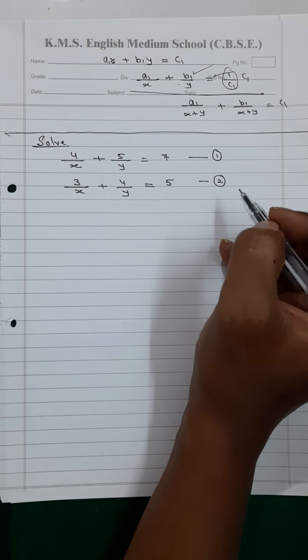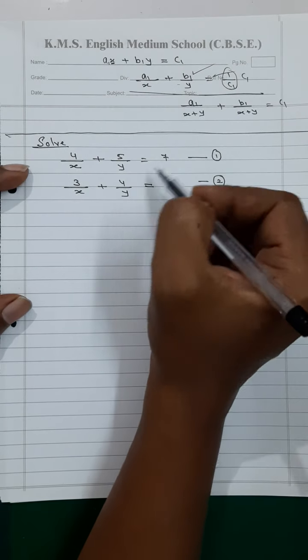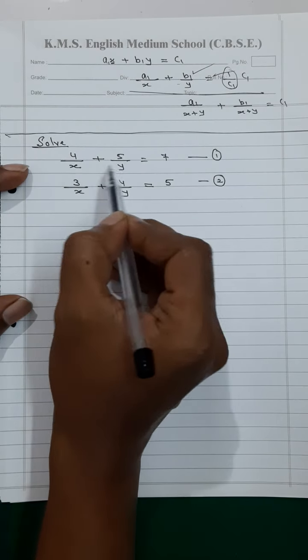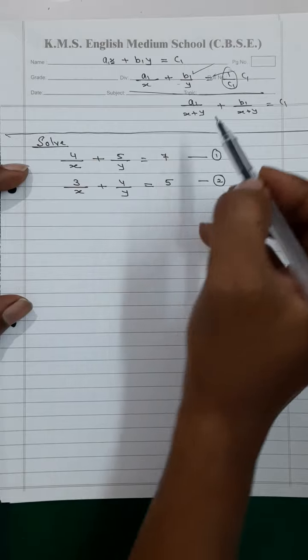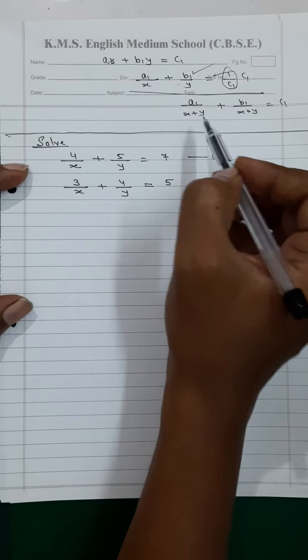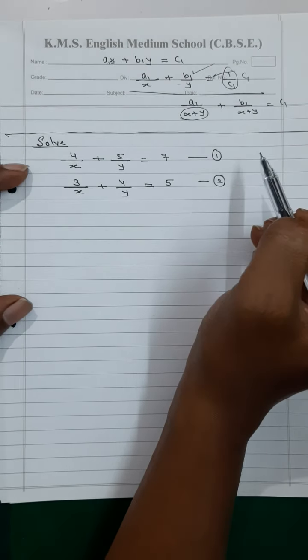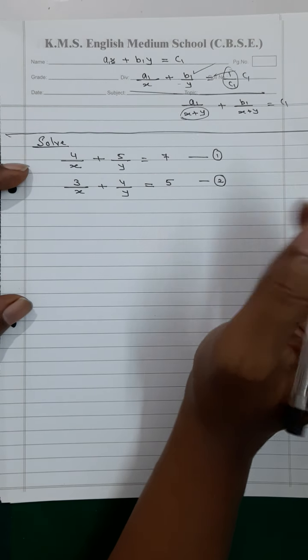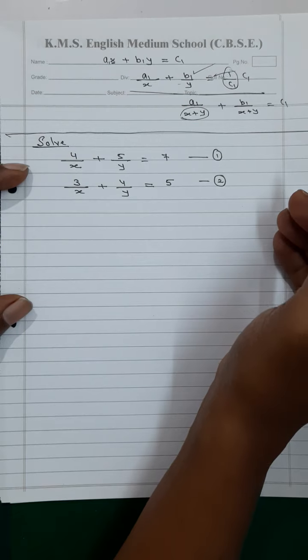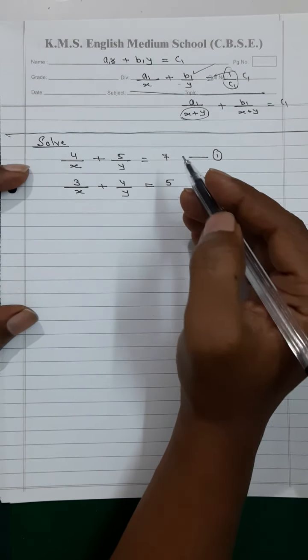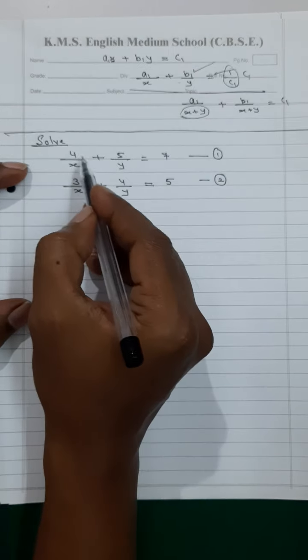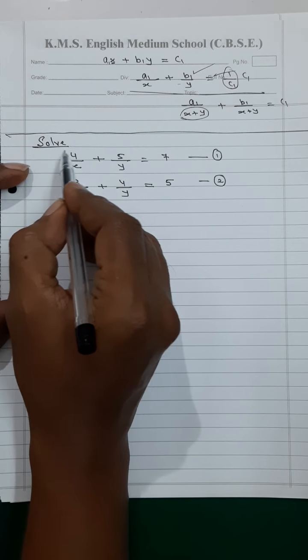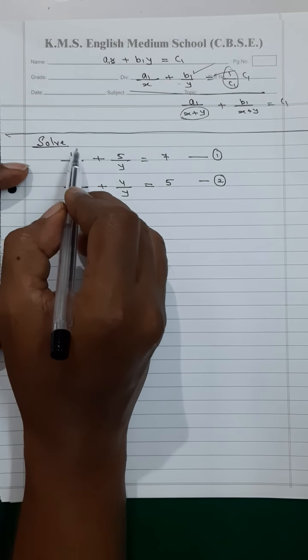Okay. See, when this type of questions are there, the denominator is the variables x and y, and the denominator can be of this sort, monomial, or they can be of this sort, binomial, in the denominator. You have to reframe the equations. What you have to consider is that, see here, a1 is this 4, which is in the numerator. You have to be very careful now.